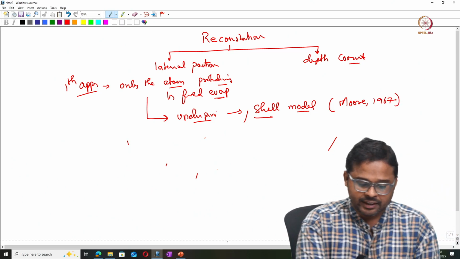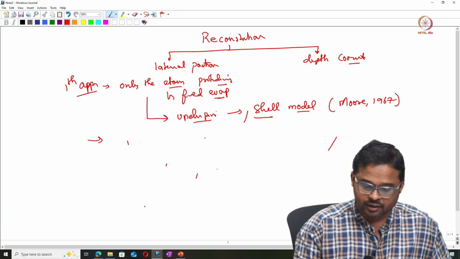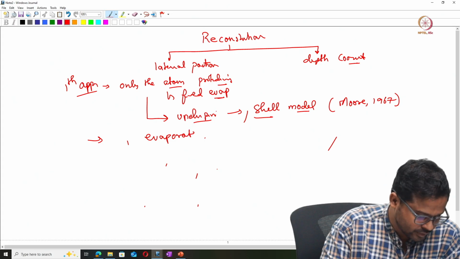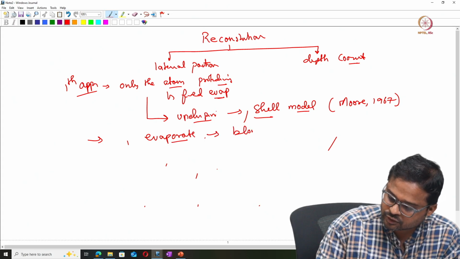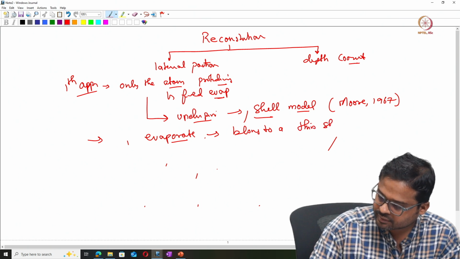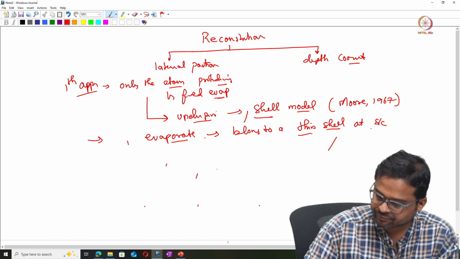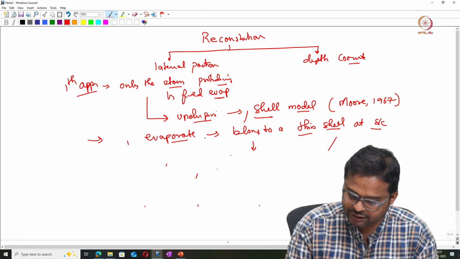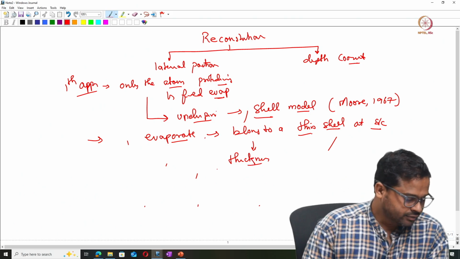Here, the atoms that are likely to evaporate belong to a thin shell at the surface. Okay, so if this is a shell, then there should be a thickness of the shell,